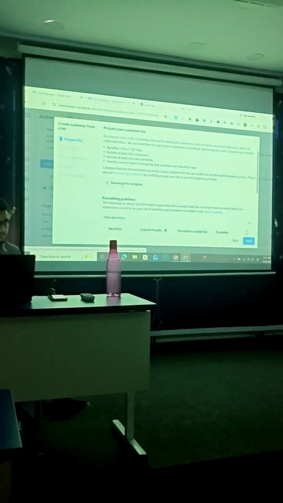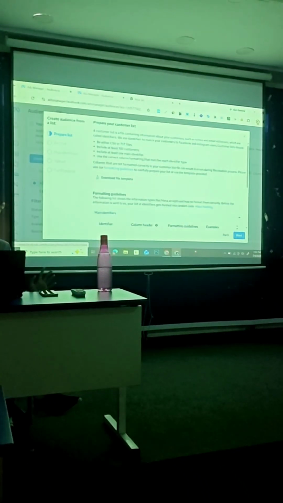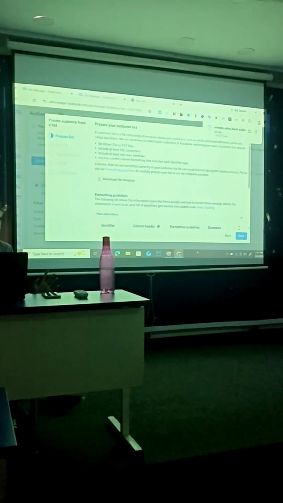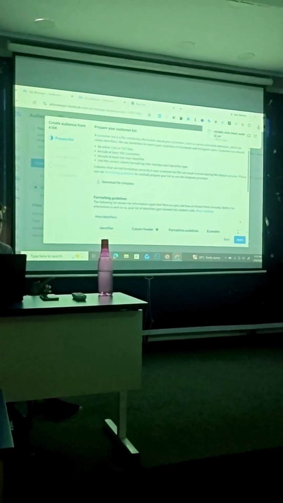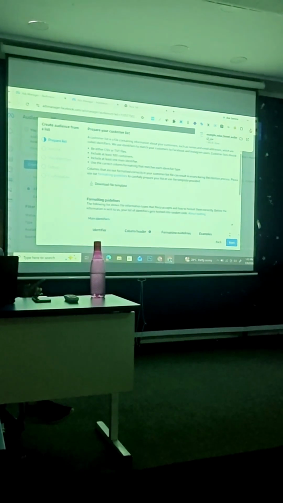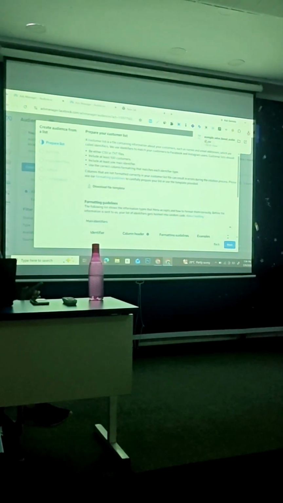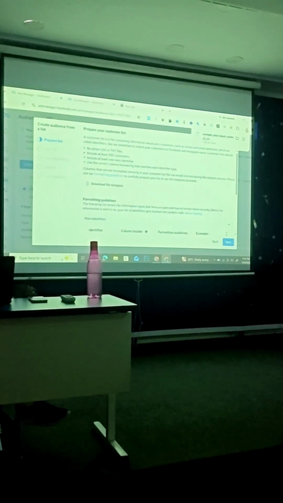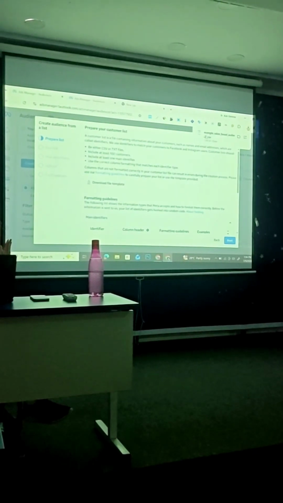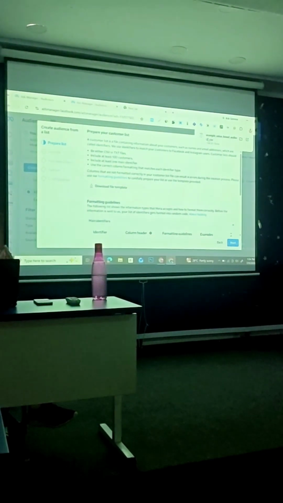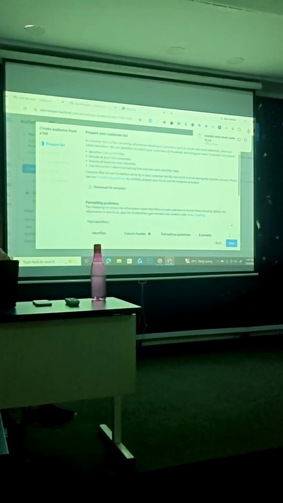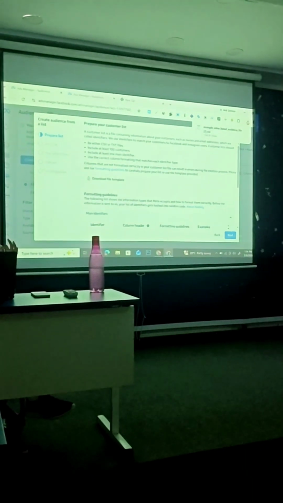I'll download a file template. Now this is the template. In this there is no Excel, that's why it's showing in CSV. If you open this template, there will be different columns. Name, email, mobile number, customer value, a lot of things. Three things are mandatory: name, email and mobile number. If they have Facebook with the same mobile number, that will be shown. Or the same email ID, that will be shown.